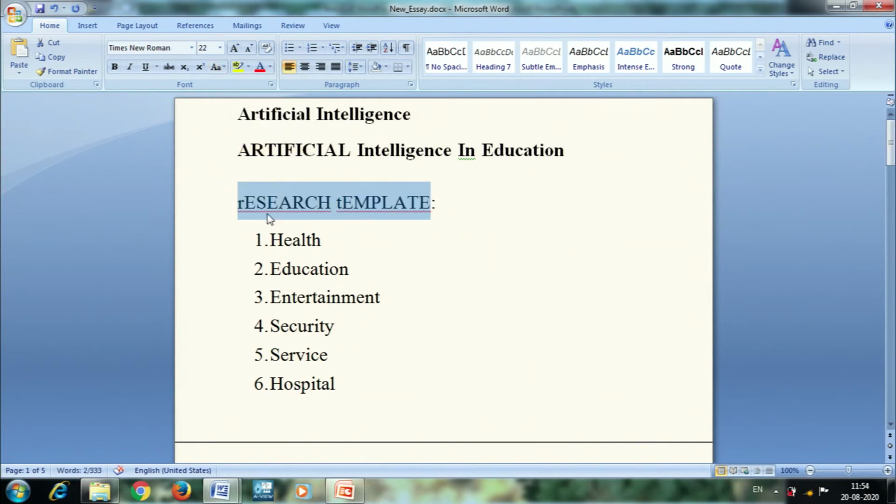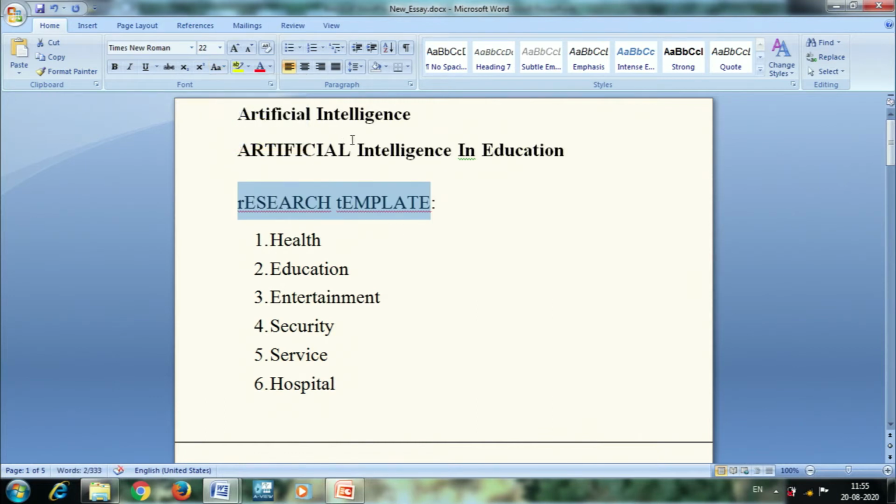To see what happened earlier, I will do undo. Earlier, R was capital and the rest of the alphabets were small, and T was capital and the rest of the alphabets were in small case. I will select both, then choose the option toggle case. It will do the reverse. The capital R will be in small case now and the rest of the alphabets will be in capital. The capital T will become small t and the rest of the alphabets will be printed in uppercase. So, I will select the option toggle case.